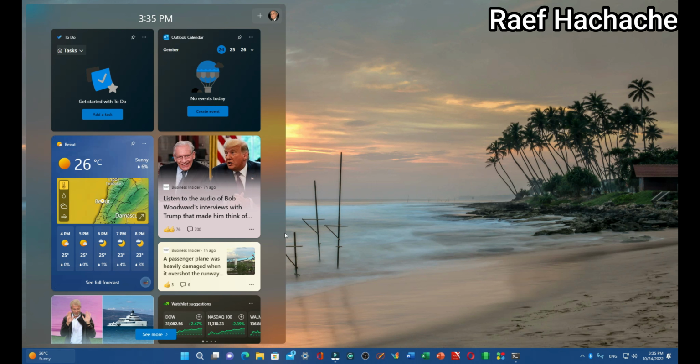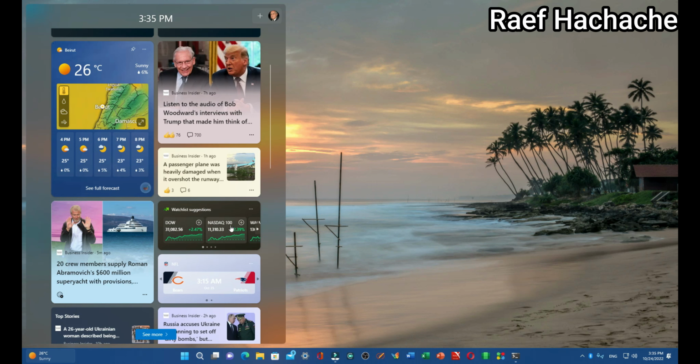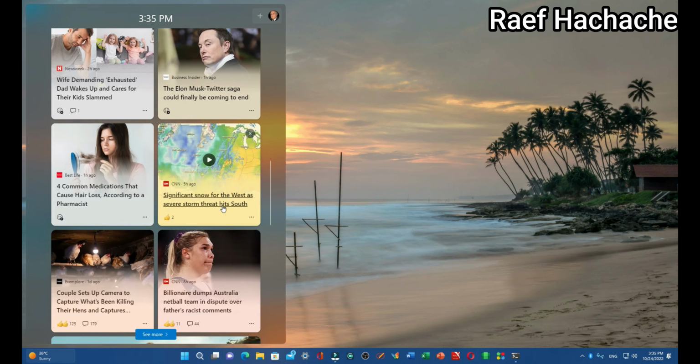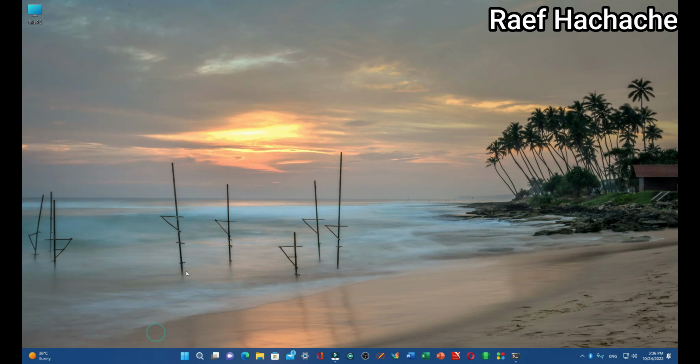You can organize the calendar, you can see the weather, you can check the stocks if you want, and also you can see your favorite pictures, and you can see the sports, and also you can get tips or helpful computer advice, and you can put the applications to stay on top of each other, and you can see the weather as you see it here, and you'll get all the top stories that you want. And here you can see more if you want. Open a browser,